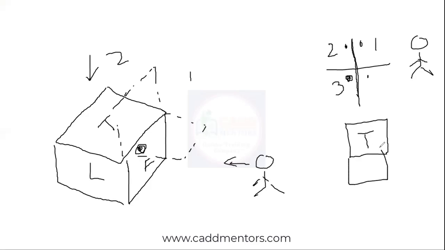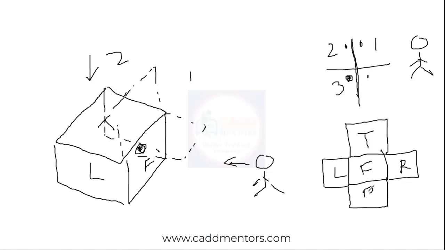top, front, then you get the left view. Just put these remaining planes here as well. You will get the right view, and at the bottom, you will get the bottom view. Now, what is the difference between the first and third angle of projection here? Left is coming in the left, right is coming in the right. Yes. Top in the top and bottom in the bottom. Okay, now let's summarize, what is the difference between first and third?